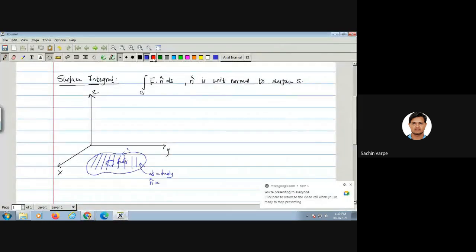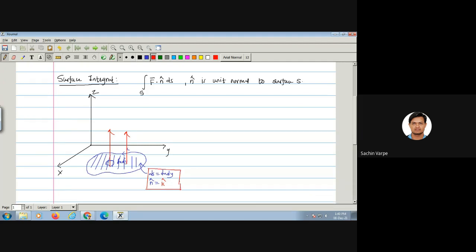The normal vector will be in the direction of the z axis, like this. There are infinitely many such normals in the direction of the z axis. And what is the normal vector in the direction of the z axis? That is k cap, right? So all the surfaces in the xy plane will have the area element dx dy, and the normal vector